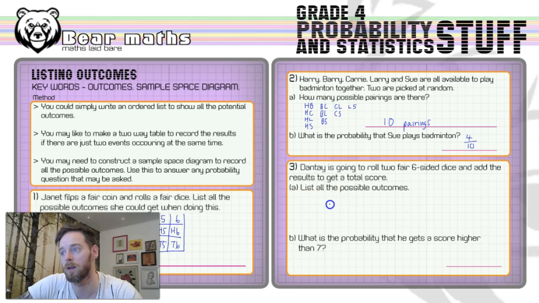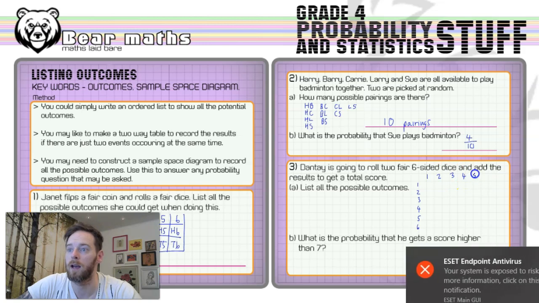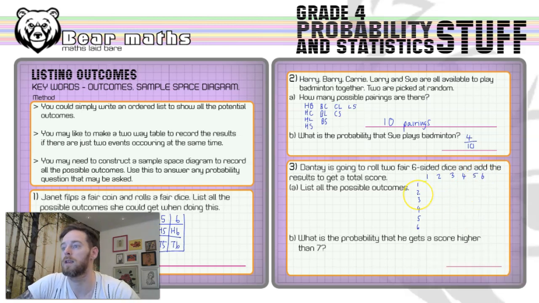So we're going to write down the numbers 1, 2, 3, 4, 5, and 6. 1, 2, 3, 4, 5, and 6. And then we're going to do the same thing along the top. 1, 2, 3, 4, 5, and 6. Now, those are the outcomes of single dice. And if we're going to add the results, we need to think of what 1 plus 1 is for the first one. Okay. 1 plus 1 is 2,